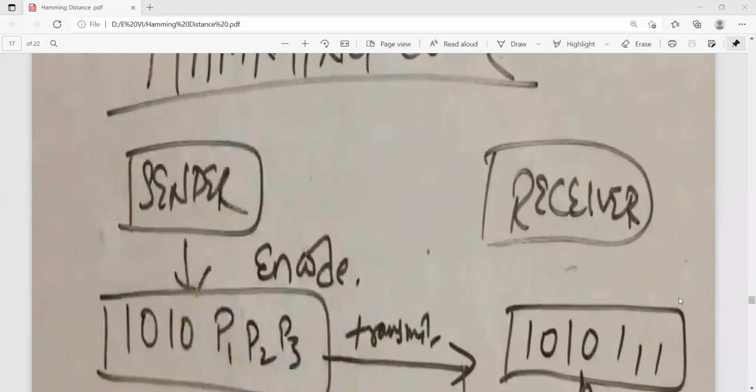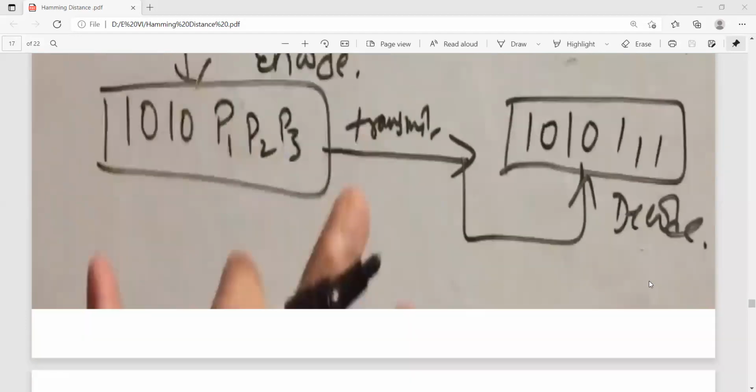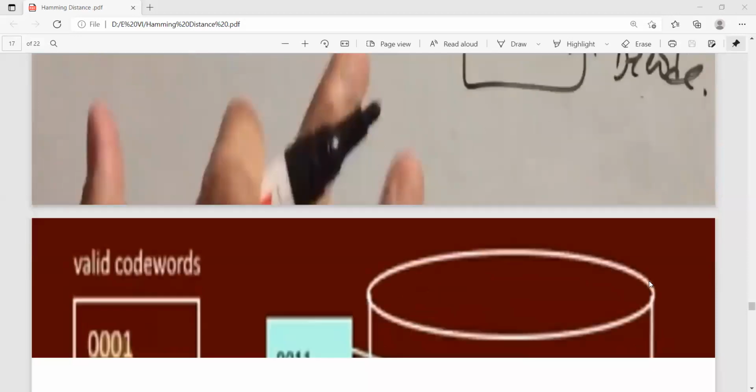Then, after performing the exclusive OR operation, if the number of errors is 0, the received data is correct. If there are any ones, that is, some Hamming distance is available, then he received erroneous data.